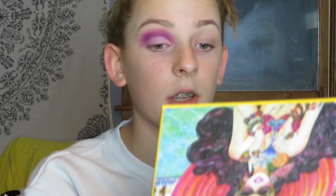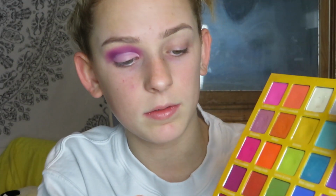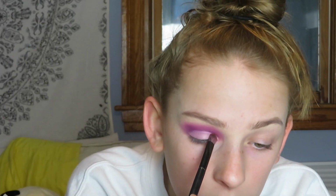Yeah, now onto the actual fun part of this look. Literally my favorite part of this look. So now it's time for the rainbow. First I'm going to take the shade Tiger's Blood on this Anastasia brush. It's kind of a fluffy packing brush. It's this red right here, this bright orangey red, but you can obviously use whatever red you please. Anyway, I'm just packing that in the very inner corner,